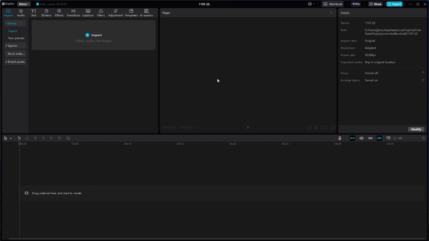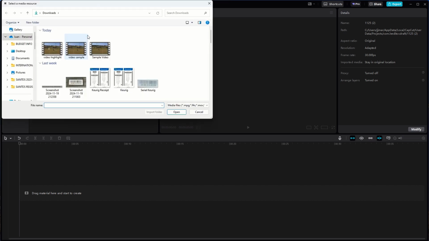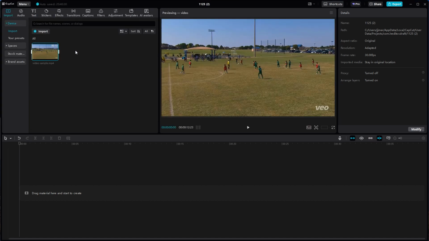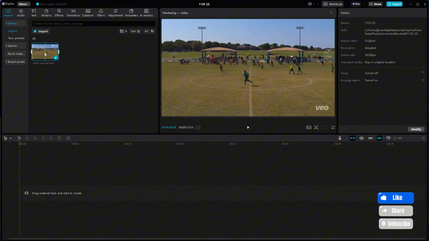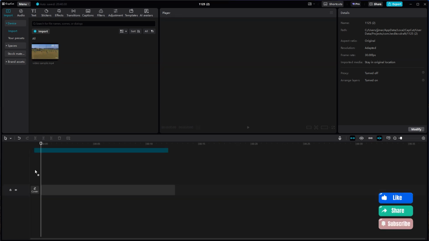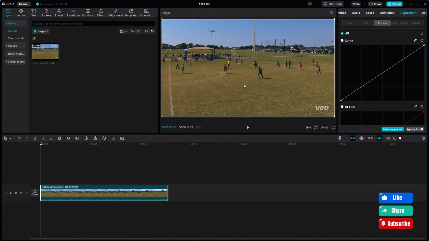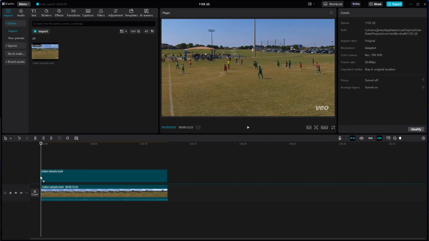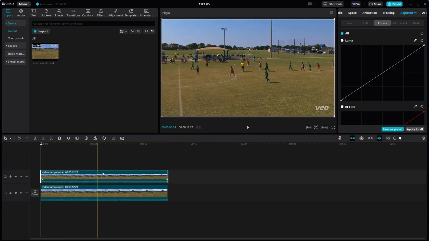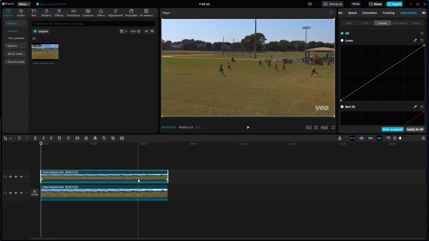So what I'm going to do is import a file. I have a video highlight file right here already, so I'm going to bring it in and drop it onto the timeline for CapCut. For the purpose of this video, we're going to need 2 copies of it, so I'm going to take it again and drop a second copy, a second version of it, because we're going to need 2 versions